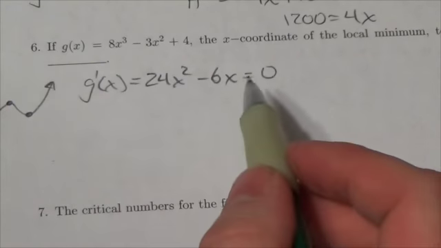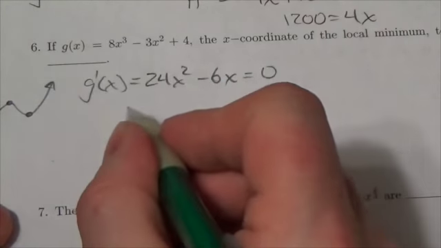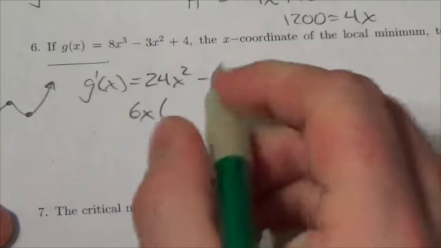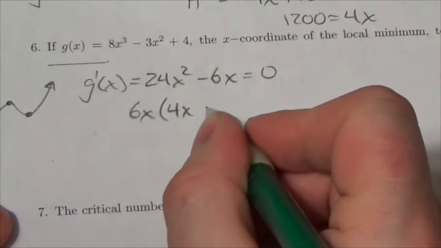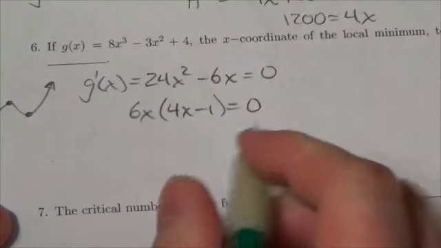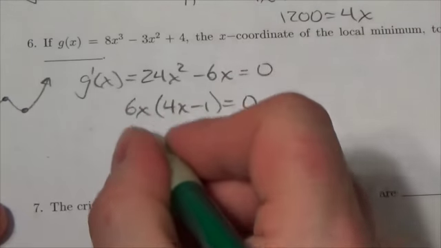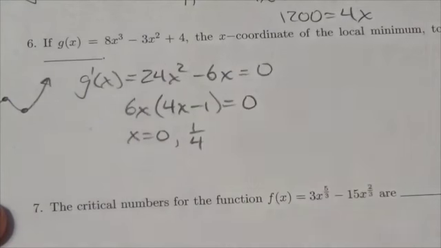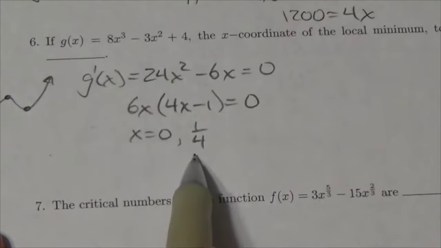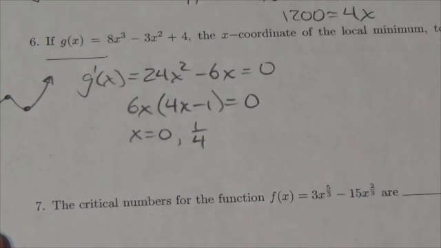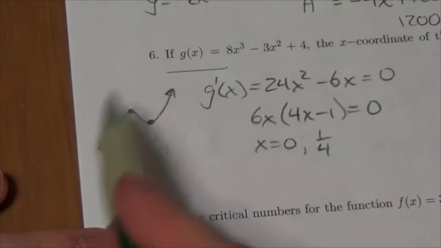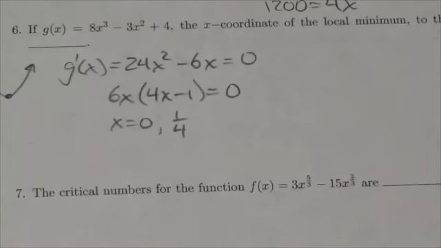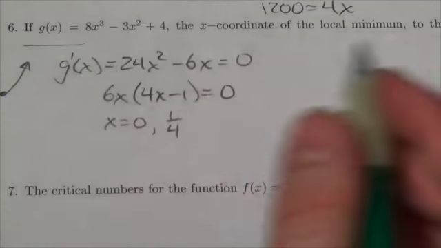What I've got here are just two terms. Notice that we've got this common 6x here, so I'll take out the 6x and I'm going to be left with 4x minus 1 is equal to 0. So my two possibilities here will be x is either equal to 0 or x is equal to positive 1/4. And I suspect that my local minimum will occur at positive 1/4. Now, a couple ways to check that. Okay, first of all, I already have a sneaking suspicion based on what I think the diagram looks like. But let's just check the